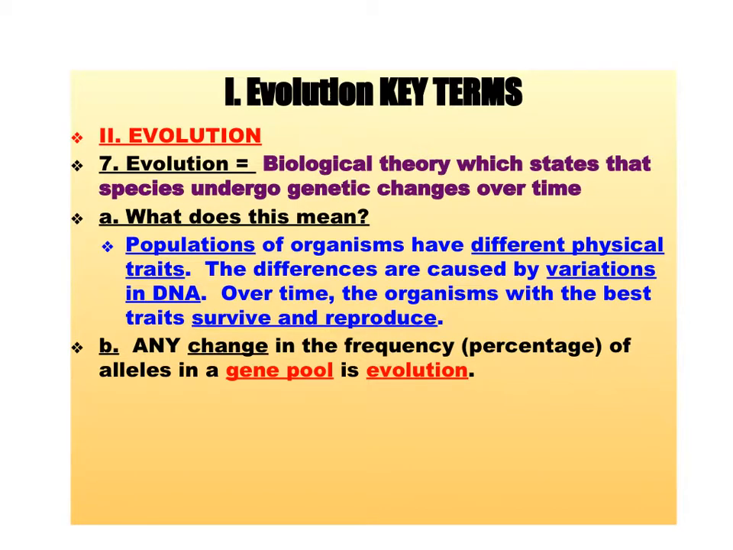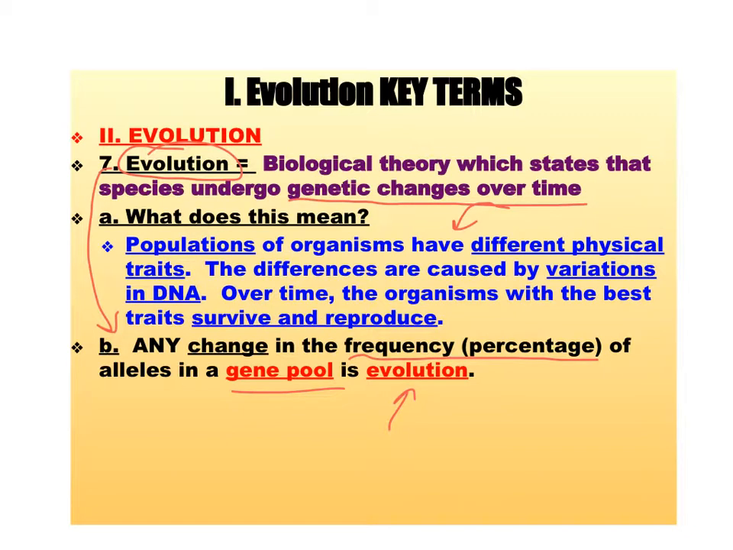Okay, so evolution. The biological theory which states that species undergo genetic changes over time. Genetic changes over time. Or B down here: anytime there's a change in the frequency or the percentage of alleles in the gene pool of a population, that's evolution. And if you had to write a little short paragraph on what evolution is and how it occurs,